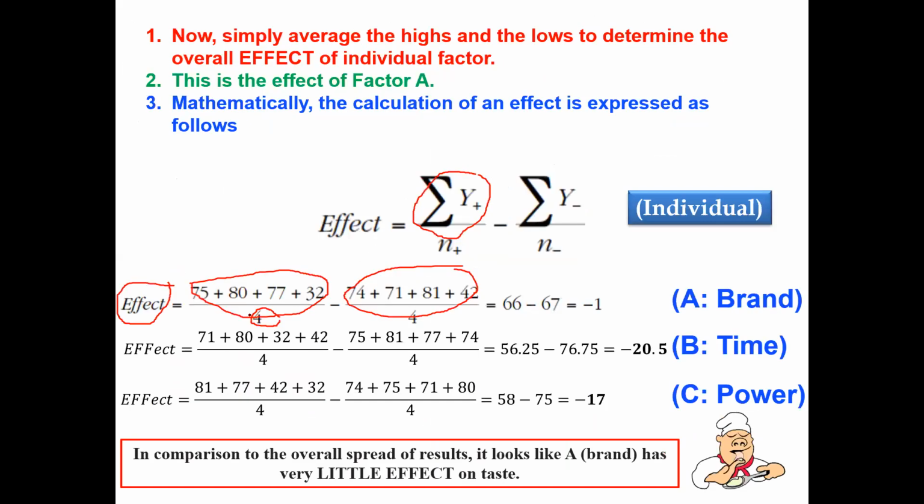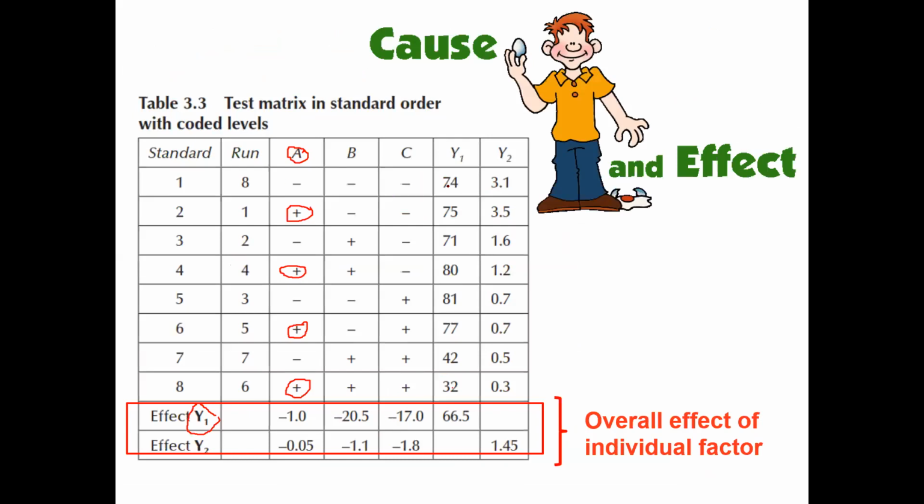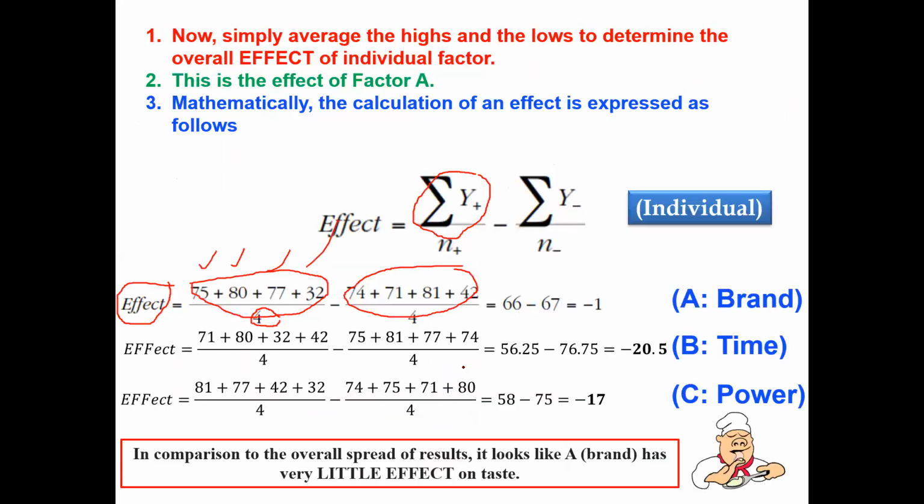Please look here: 75, 80, 77, 32 divided by total terms 4, minus the sum of negative responses, the remaining ones, that is 74, 71, 81, 42. These are the sum of negative. So my overall effect of A, the factor of the brand on the taste, that is y1, is nothing but -1,